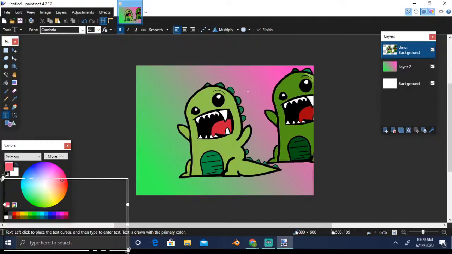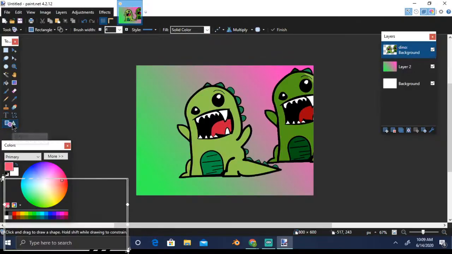All right. Then there are these shape tools. The way the name suggests, the shape tool. You can select whatever shape you want to draw. Let's say we want to draw an ellipse. If you press shift and drag it, it will create a perfect circle. If you don't press any button, just left click and drag it.